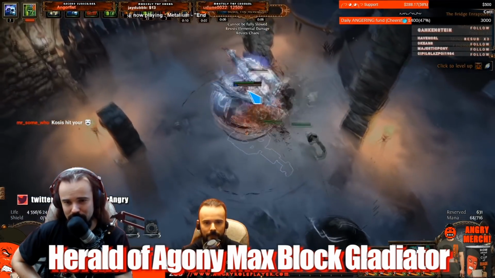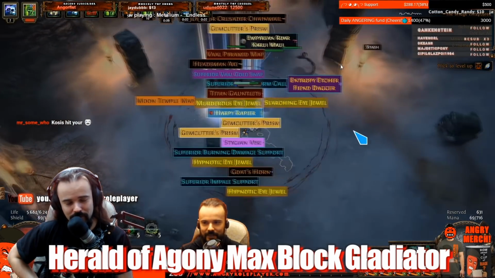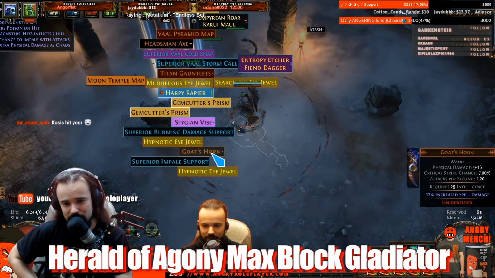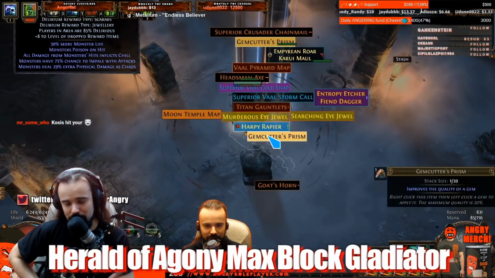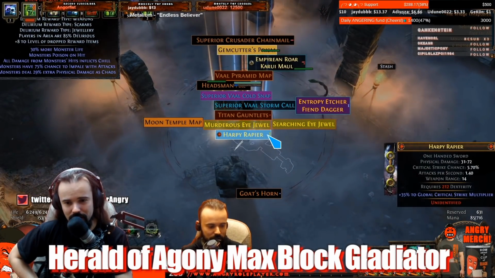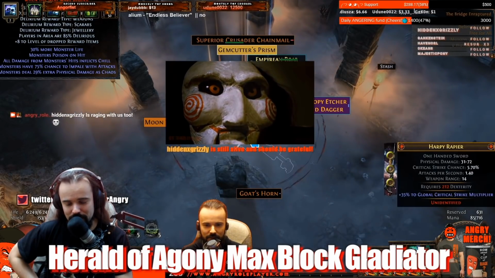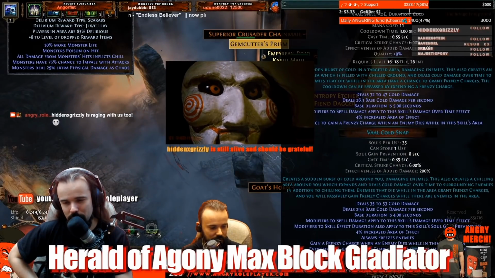I took down pretty much every content with this build, despite the fact that they nerfed the cluster jewels on this build a couple of leagues ago. It's still pretty damn good. You can still keep up 40 stacks on the boss, like up to 40 stacks for the Herald of Agony with this build. So it's still okay. It's very tanky. It does the damage, and it's one of my top 5